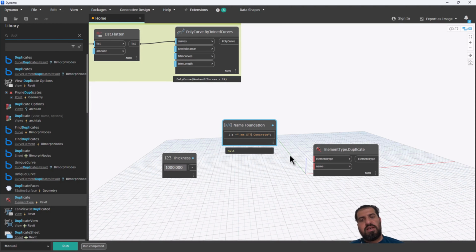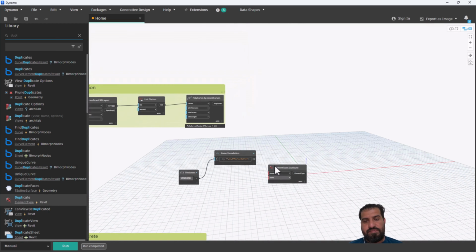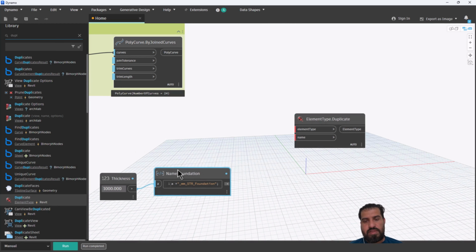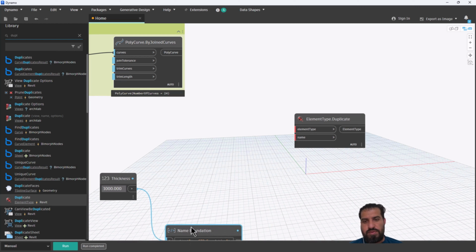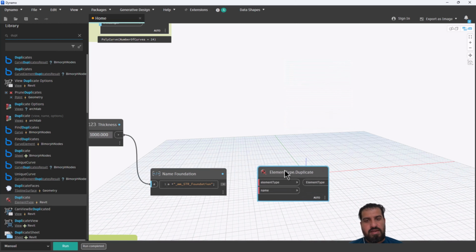This code block will give us the name of foundation based on thickness. We connect this to Name Element Type,